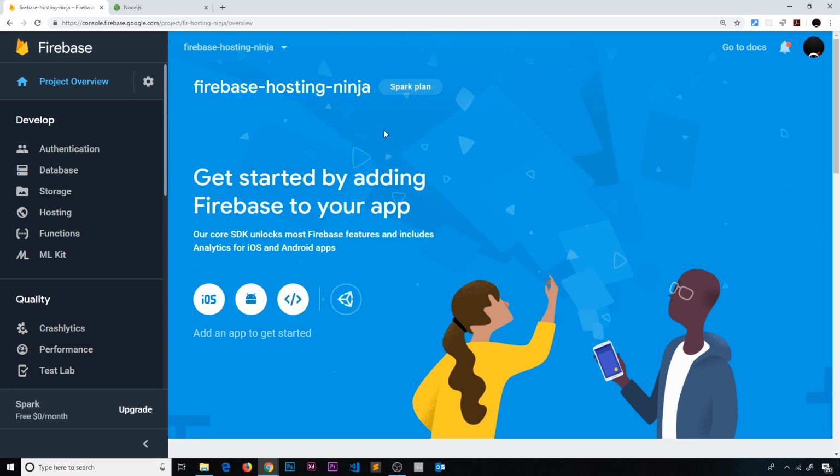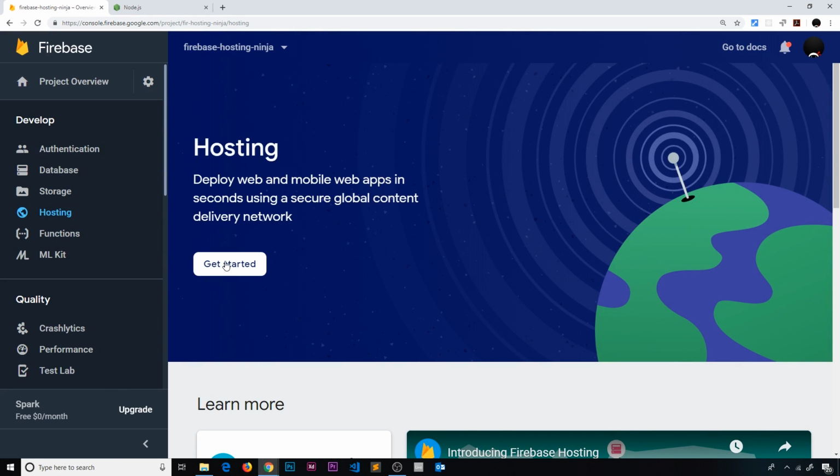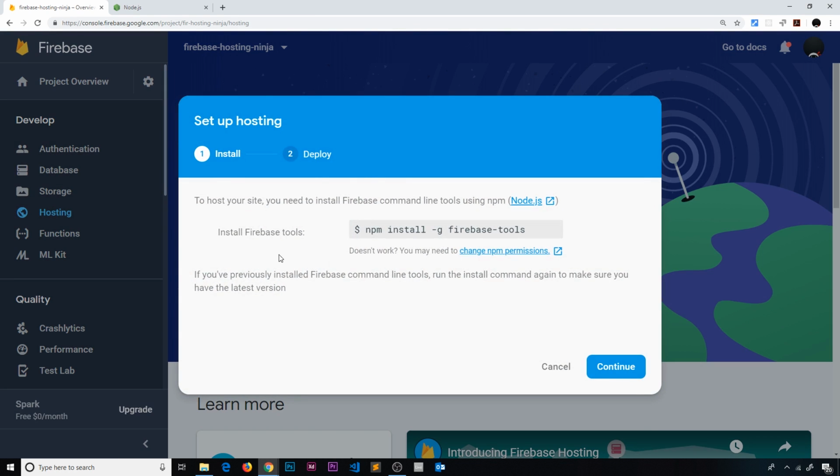And this right here, this is essentially the control panel now for the whole backend of your application. So you can see we have access to these different services over here: authentication, database, storage, hosting, functions, ML-Kit, etc. and some more stuff down here. We're going to be focusing on hosting because we want to host our websites on Firebase. So click on hosting, and then after a second, if you click on get started,